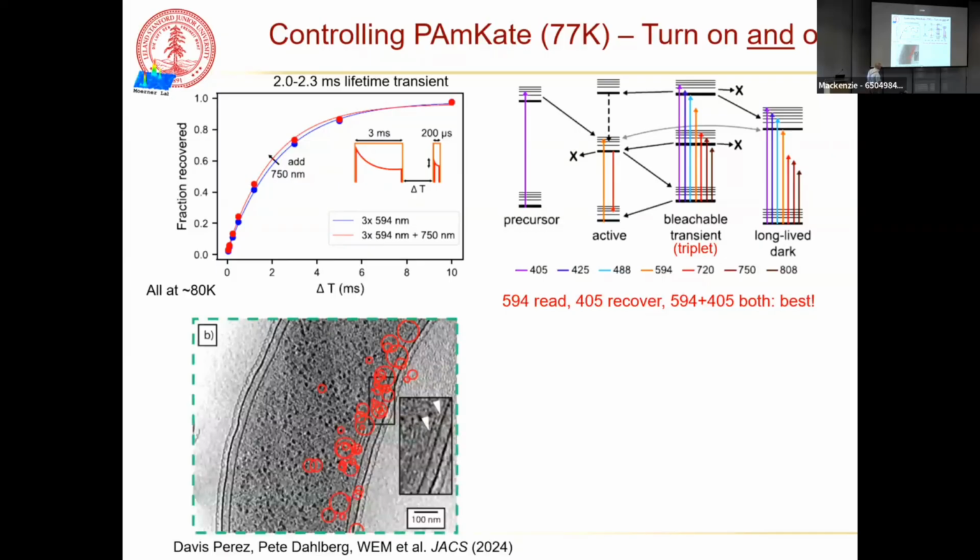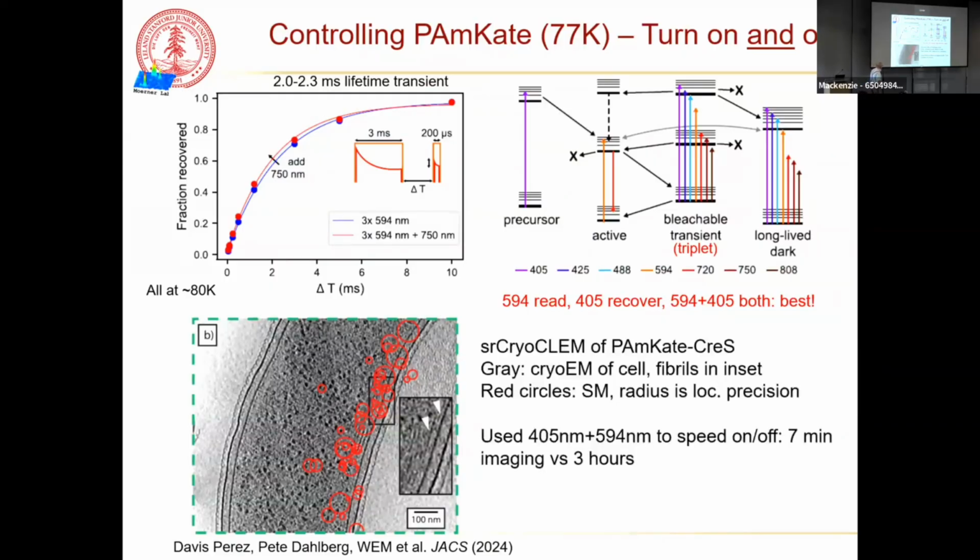So what he did is to do the same experiment now, but with greatly improved emission and control using this extra wavelength. And the combination of the two wavelengths helped tremendously. 7 minutes of imaging for this compared to 3 hours in the old way. So finally, imagine, since these are single molecules of PAMK in this bacterial system, that we can do some manipulation to control how long they last.